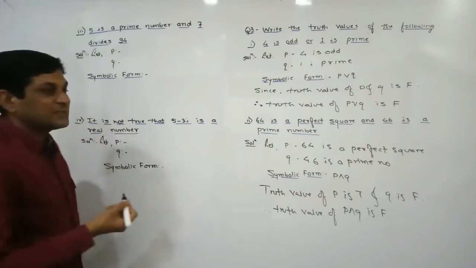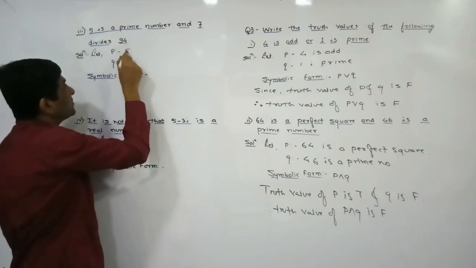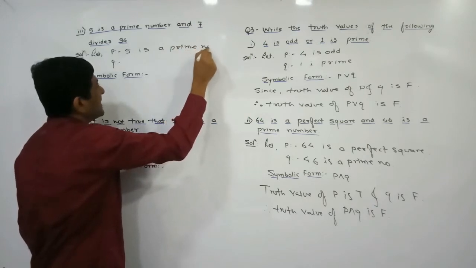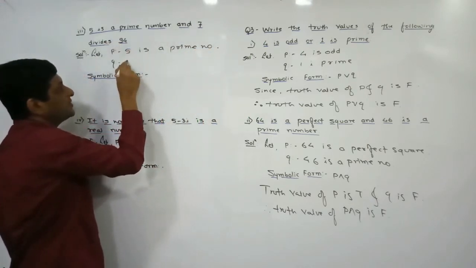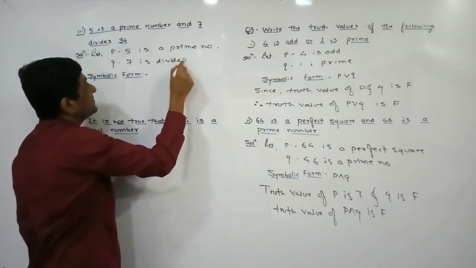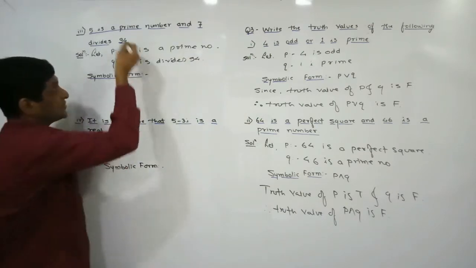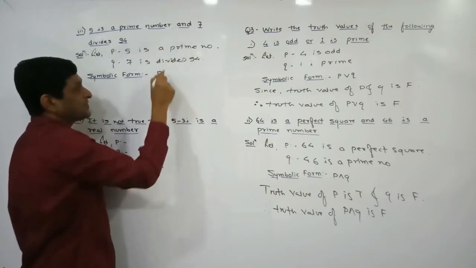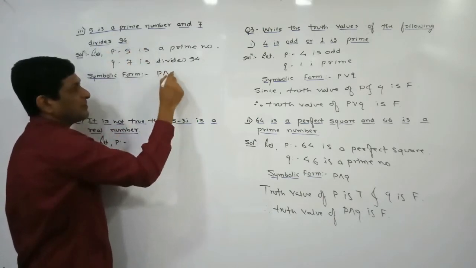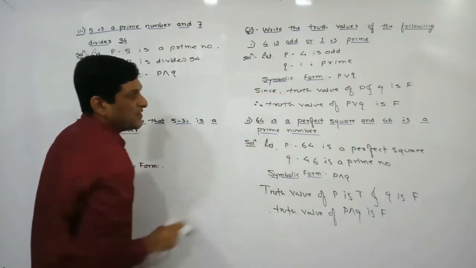Now see the third example. In this example, again two parts are connected by AND. So the first part I am denoting by P, that is, 5 is a prime number. And the second part let us denote by Q, that 7 divides 94. So here let us try to find the symbolical representation. The first part we have denoted by P. What is the symbolical representation of AND? This will be the symbol of AND. And the second part we have denoted by Q. So once the symbolical representation is known to us, what is the next step? Find out the truth value of P and Q.